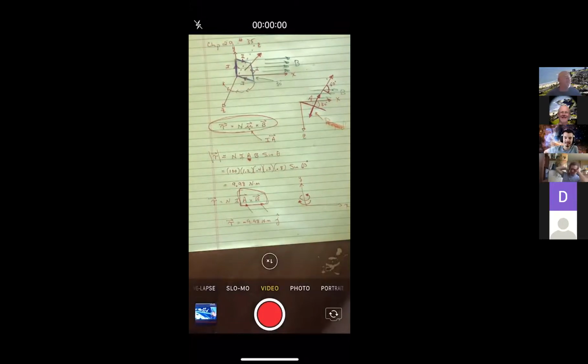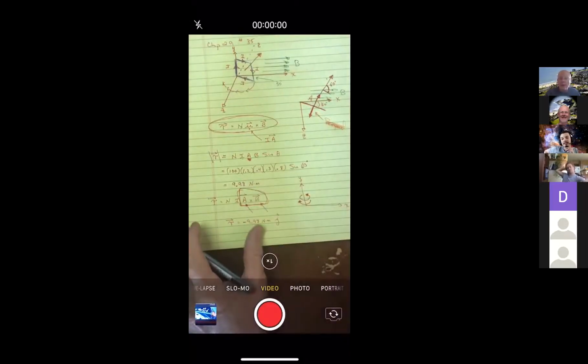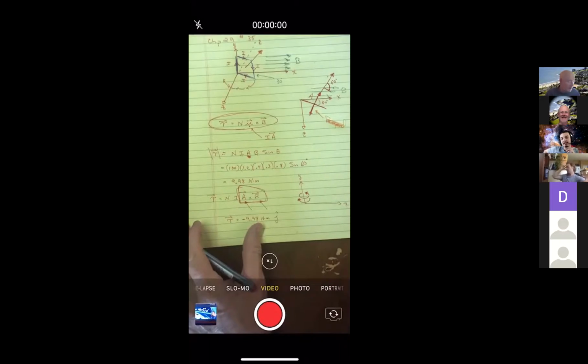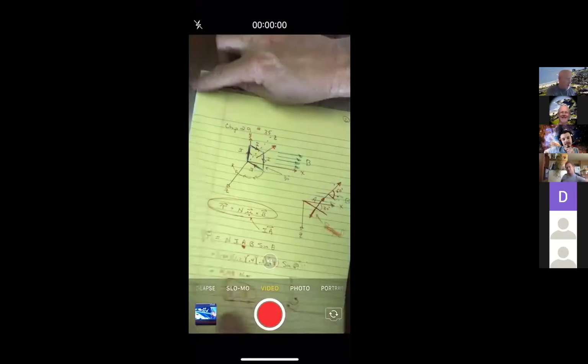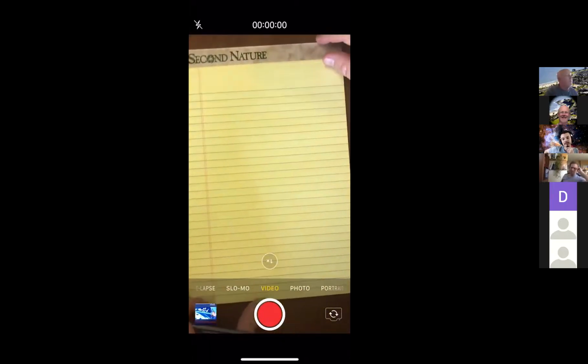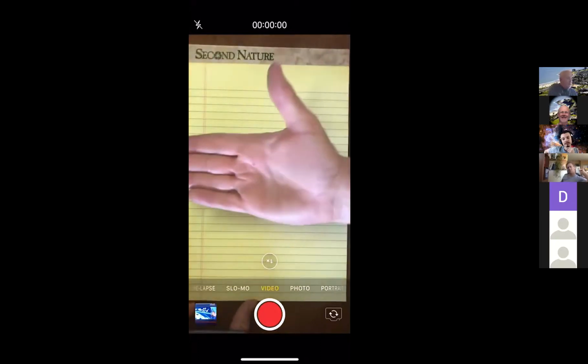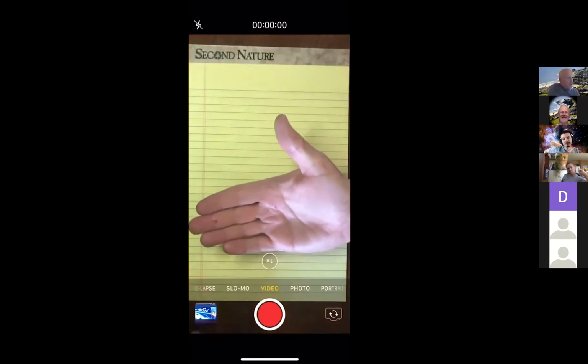Could you explain the negative j hat one more time? Where it came from, or what it means, or both? Where it comes from, when you did the right hand rule with your hand, where you were pointing. Okay. Maybe I'll start with a clean piece of paper here. But the right hand rule